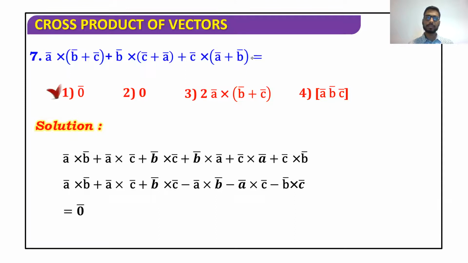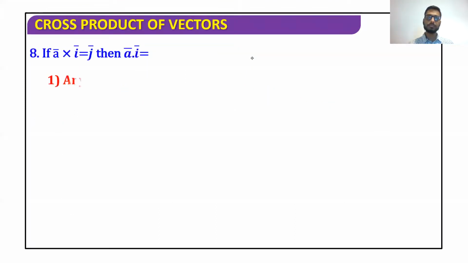Okay, let's see the next question. If a cross I is j, then what is the value of the dot product? Again, you can solve this using multiple methods. If a cross I is equal to j, then a is a vector which satisfies the condition a bar is equal to lambda I bar plus j bar. Simplifying that condition,